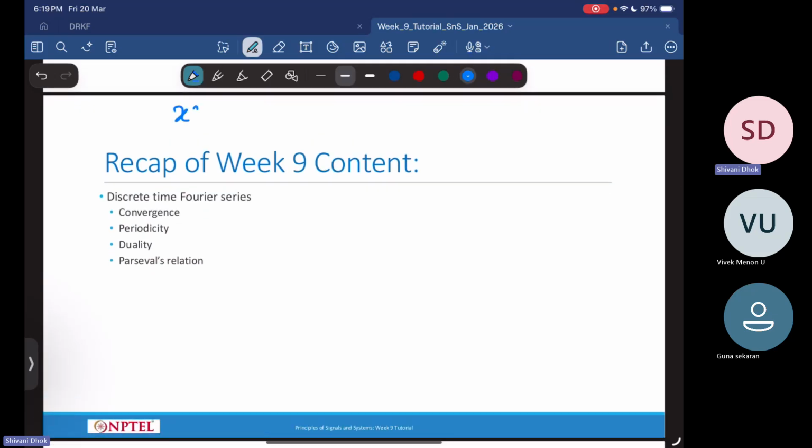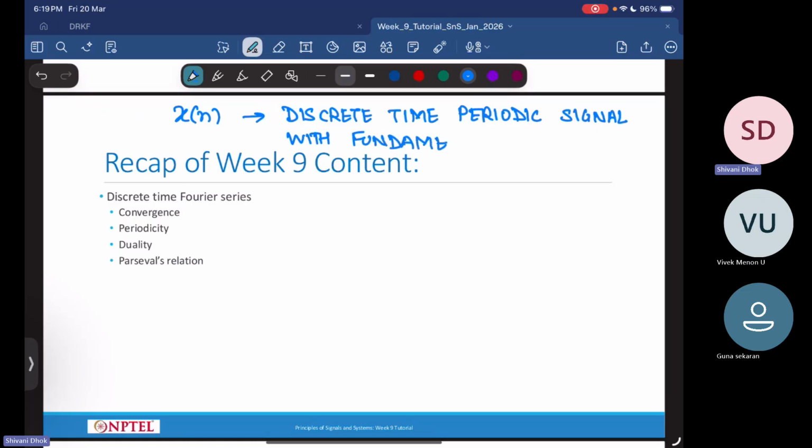Let's say your x of n is a discrete time periodic signal with, to be specific, fundamental period N naught. Then the fundamental angular frequency, let's say omega naught, is given by 2 pi by N naught,